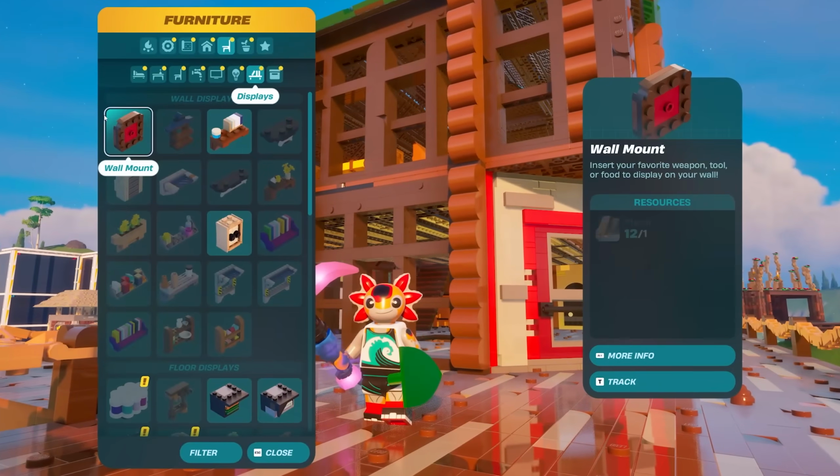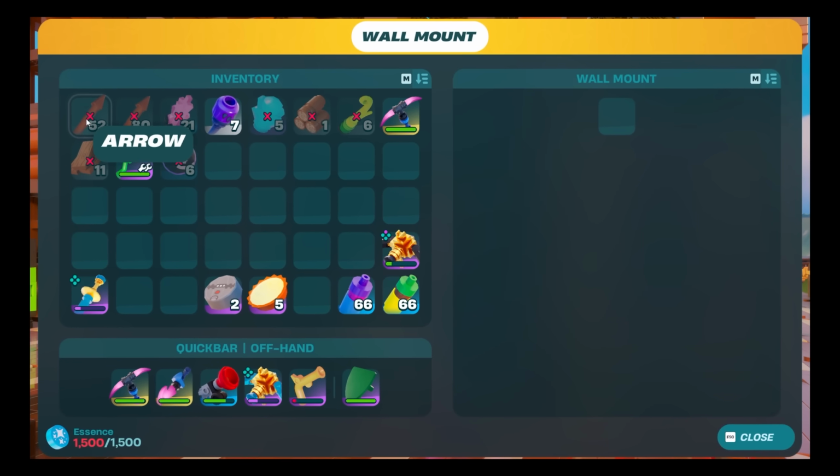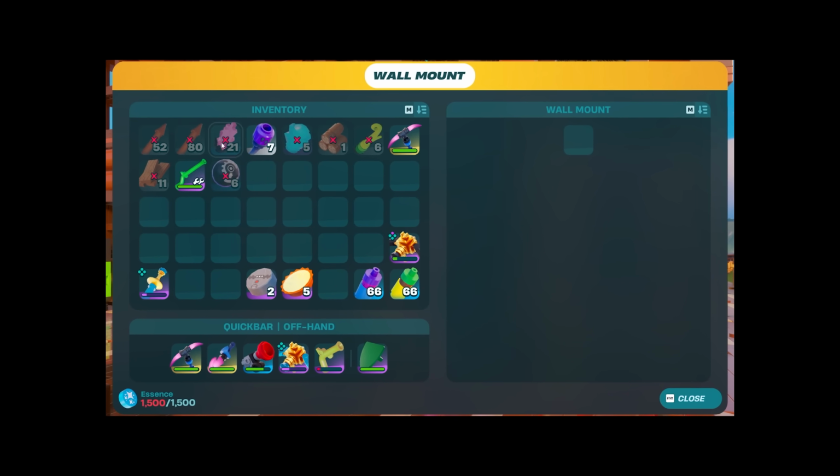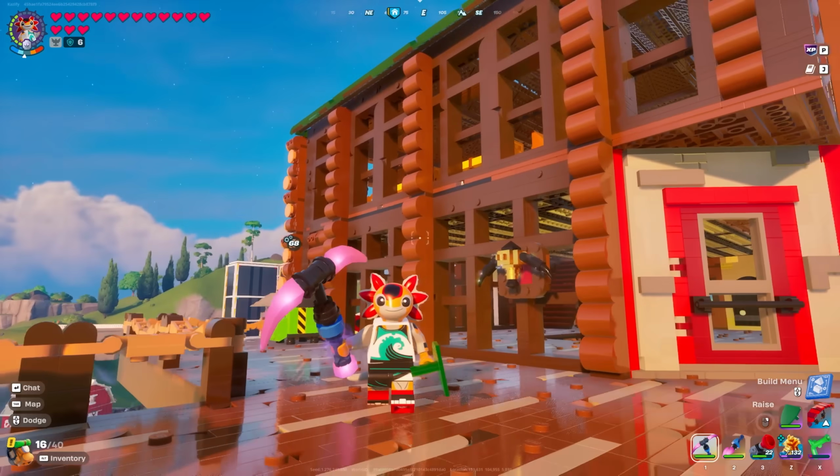And to give you an easy example of this, I'm going to go ahead and just throw a wall mount down. And when we go inside of it, you can see that there's items that you just simply cannot throw into the wall mount to display. Obviously, there's plenty of items you can throw in like this here,